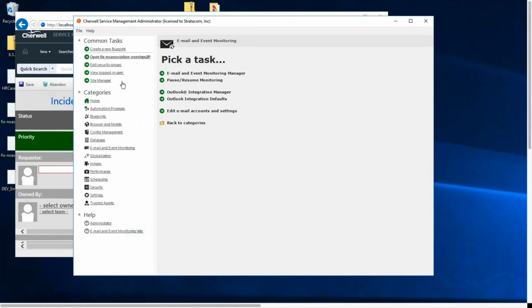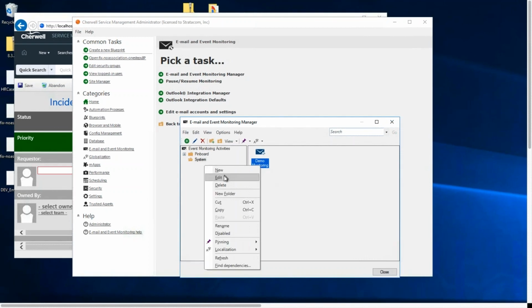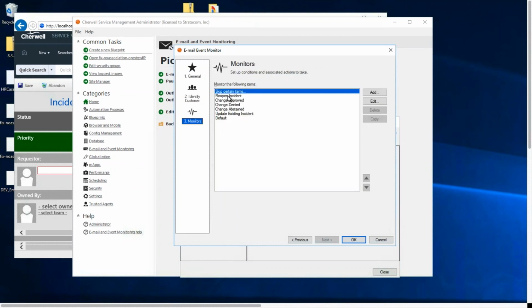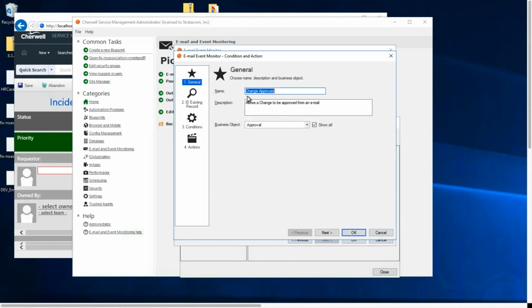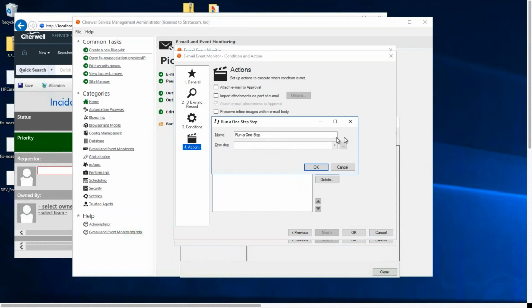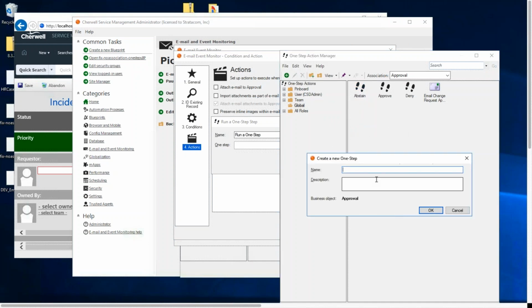One other thing that I should mention about the email monitors is that I did mention you could have those one-steps in a blueprint. The one caveat to that, and the strategy that I use, is this: when you're in one of these monitors and you pick a one-step, if I were to quickly show a new one here, if I were to look at the data that I can have here,